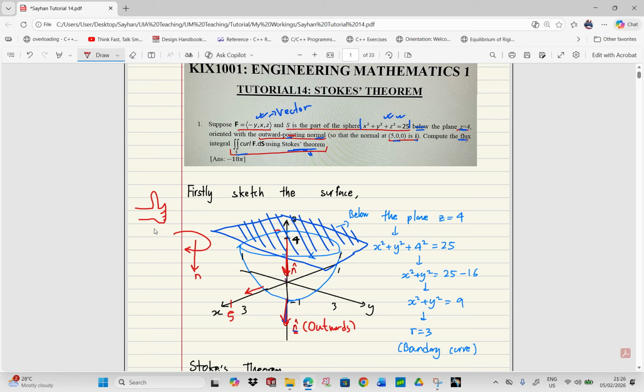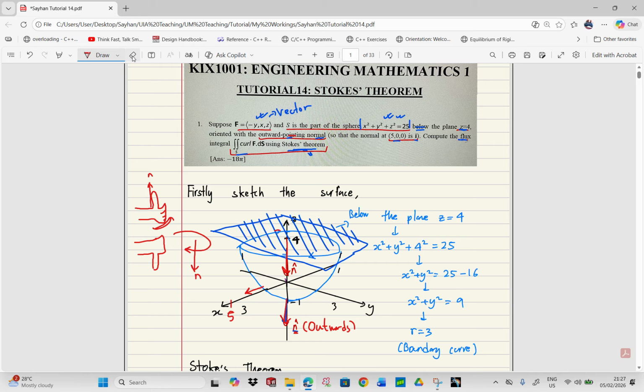This is counterclockwise rotation, and this thumb represents your normal from the surface. So if you're going on a counterclockwise rotation, your normal vector always points upwards. And if you do the opposite, the clockwise rotation,